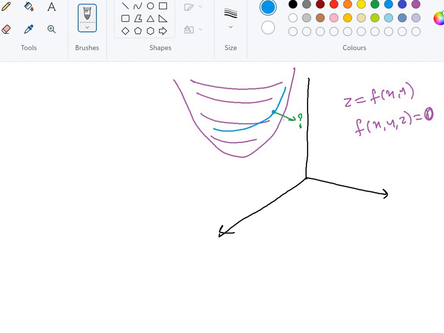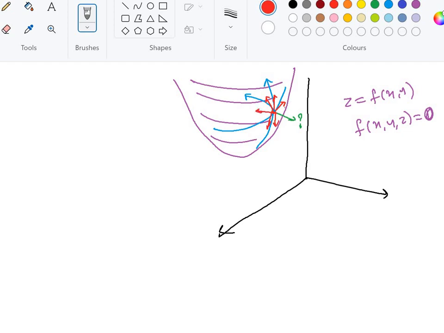This curve is lying on the surface, and another curve can be taken as this particular curve. This is also lying on the surface. So to this curve at this point I have a tangent vector like this, and to this curve also I'll have a tangent vector like this. Again I can take another curve passing through the same point, and to this curve I can take a tangent vector like this. So considering all these tangent vectors, there are infinitely many tangent vectors